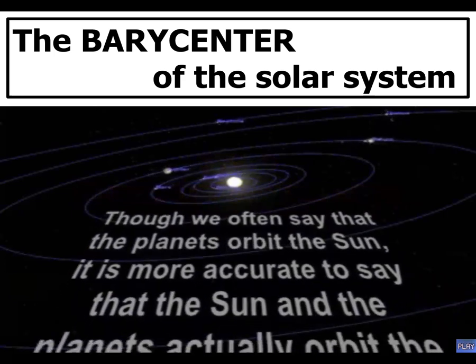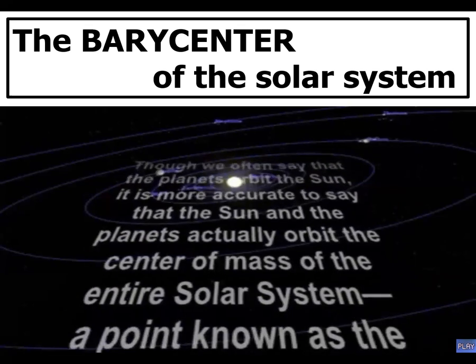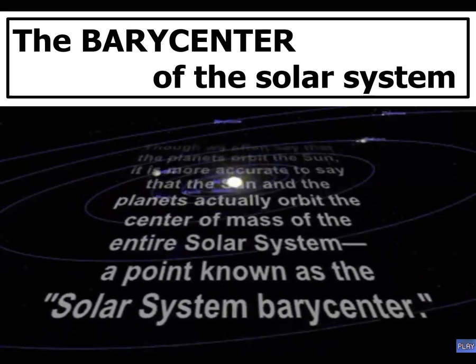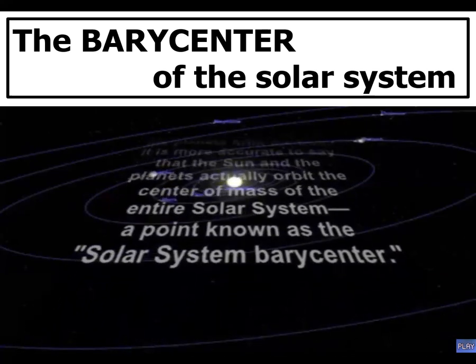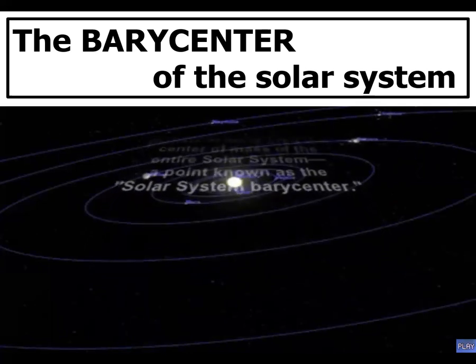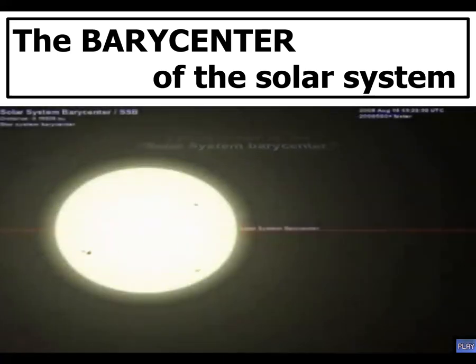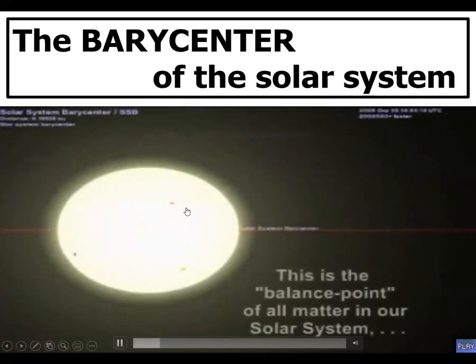Though we often say that the planets orbit the sun, it is more accurate to say that the sun and all the planets actually orbit the center of mass of the entire solar system, a point known as the solar system barycenter. This is the sun right here,